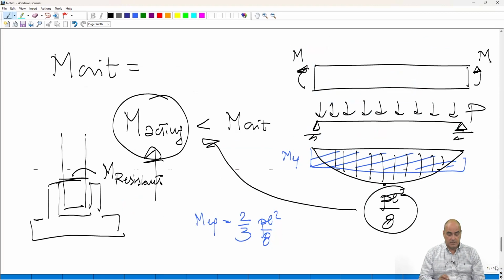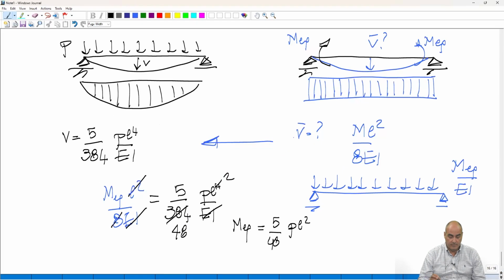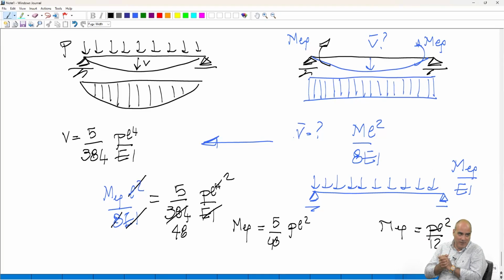What was before was PL square by 12, with the other technique. So you see that in this case it is slightly higher, because if it were 4 over 48, it would be exactly 1 over 12. So the two approaches are more or less equivalent. There is really an 8% difference. But also in this case, it's good to have a feeling of the numbers. Okay, well, I think I have spoken